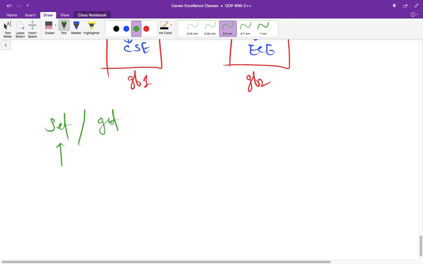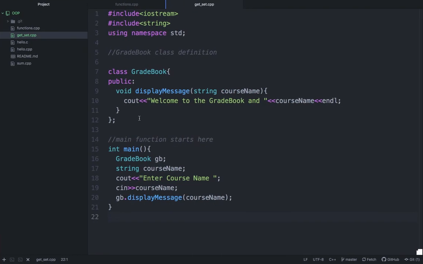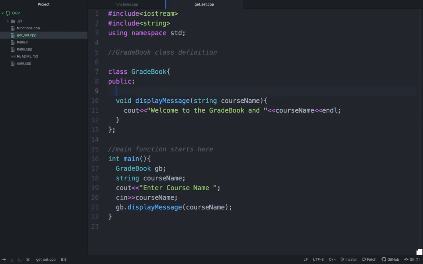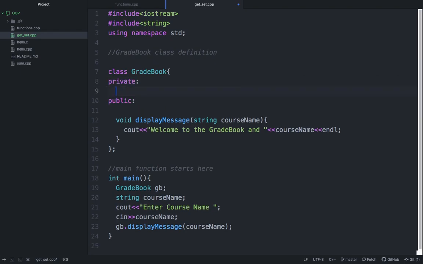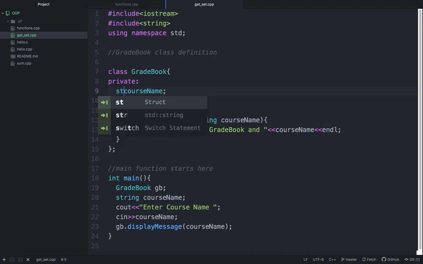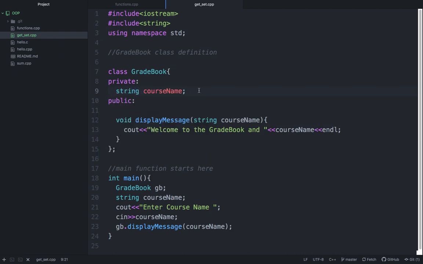Let me first understand its example, and then we'll cover this further. Let us start here. First, make the variable private, and that variable name is courseName, and it is a string.